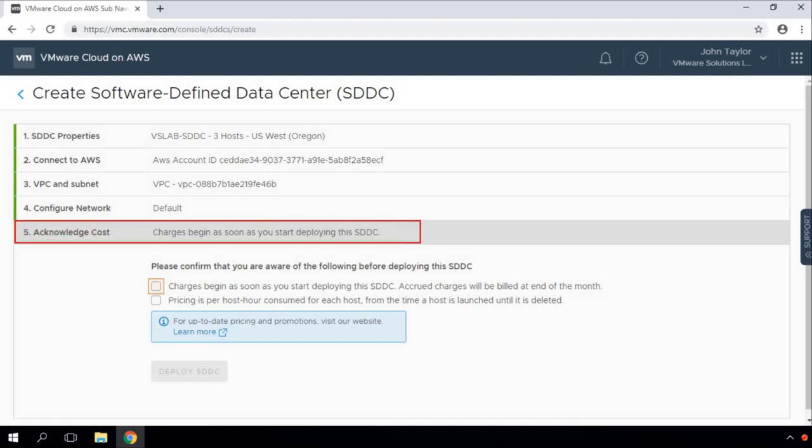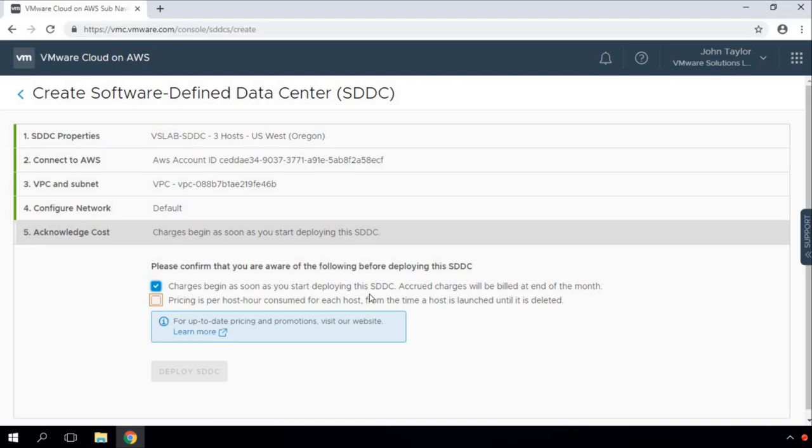Acknowledge the cost. Now this particular service is asking us for confirmation that as soon as we start deploying the SDDC, there will be charges occurring and we have to agree to those charges. So we are already aware of that. So yes, please confirm that you are aware of the following before deploying this SDDC.